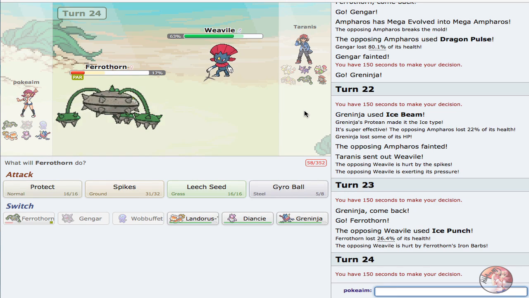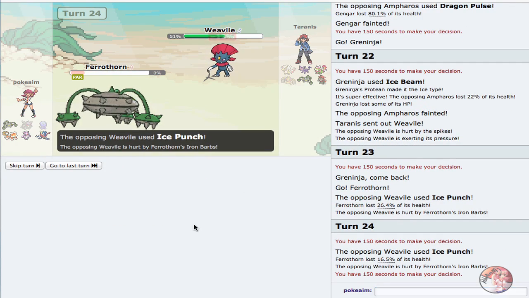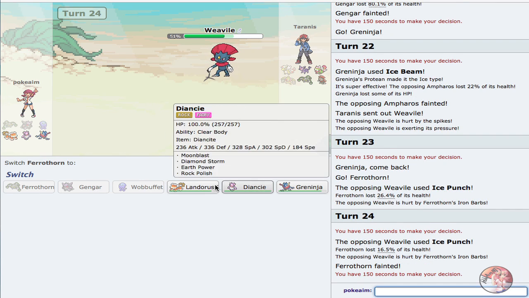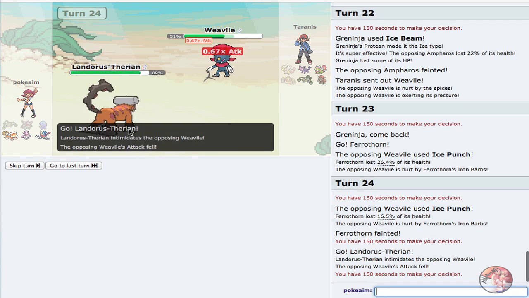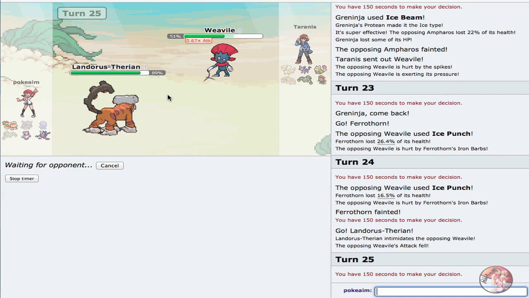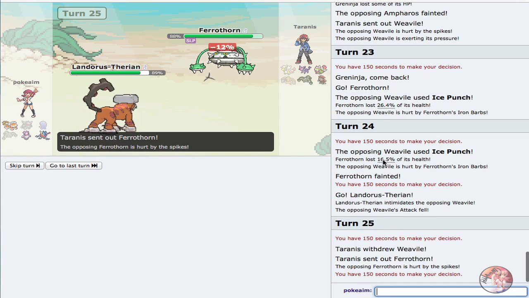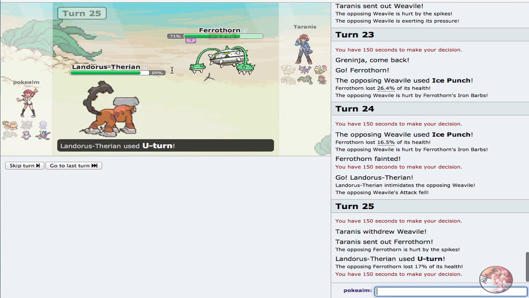So he ends up going for Ice Punch, and I have no idea what type of Weavile this is. Maybe it's Focus Sash, but either way, Ferrothorn is pretty safe. Even at -1, my Ice Shard can't knock me out, so I can just go right for a U-turn and get off the damage I need on my guy's team. So gonna U-turn out,